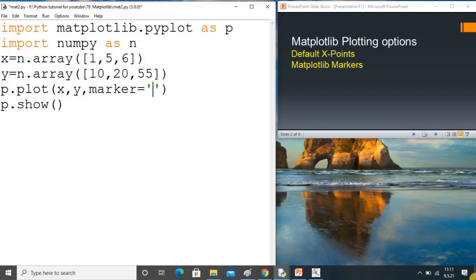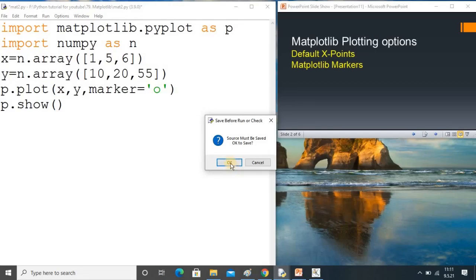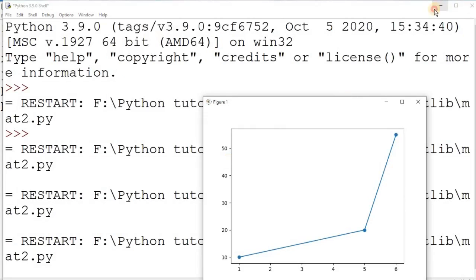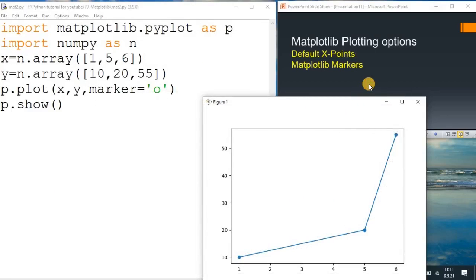Suppose I take O, that will be a good option. Now I run this. You observe the change; it looks quite good, and the user can easily analyze and understand.